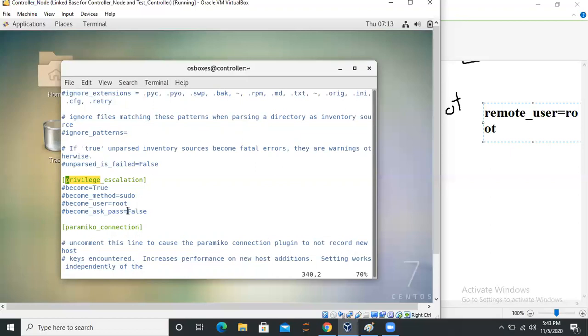I know that many of the configurations are left. Don't worry, I'll explain each and every bit in the upcoming videos when we see the hands-on and when we configure the playbooks. For example, I'll show you how to deploy an HTTP server, that means a web server, on let's say 3 instances, and configure all of them in just one go.